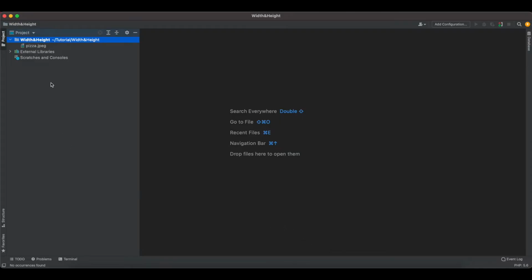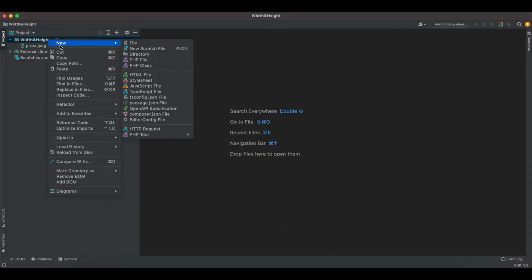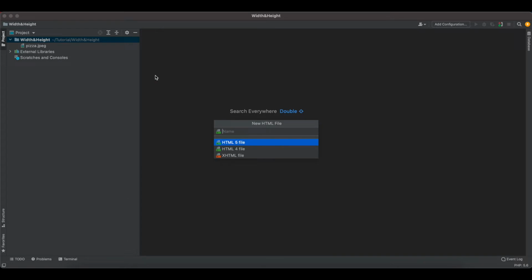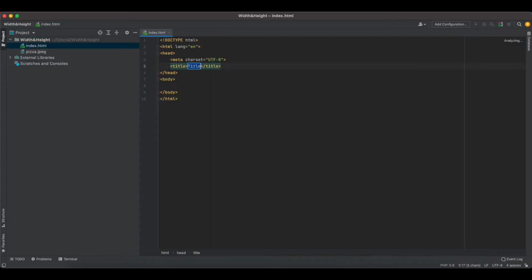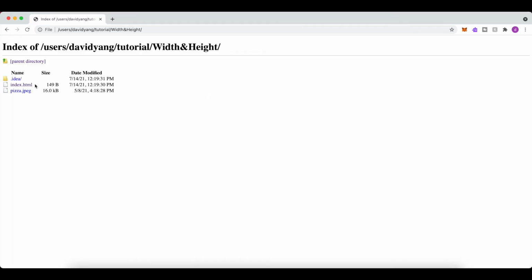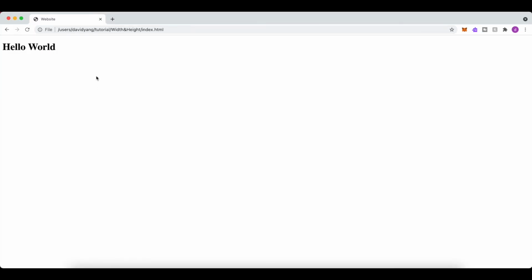So under our directory we first need to create our index file. I'll give it a name of index.html. And then for the title you can give it whatever you want. I'll just give it a title of website. So we can just maybe put a simple header here that says hello world. Okay, and then when we go to our browser and click on the file, we will see this hello world